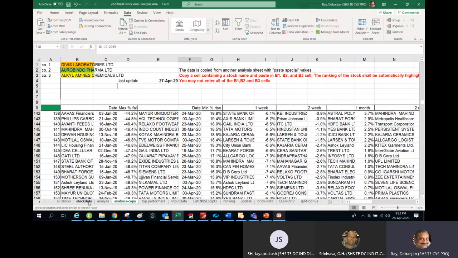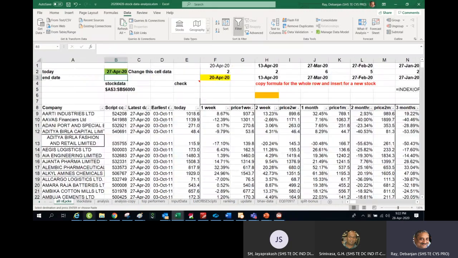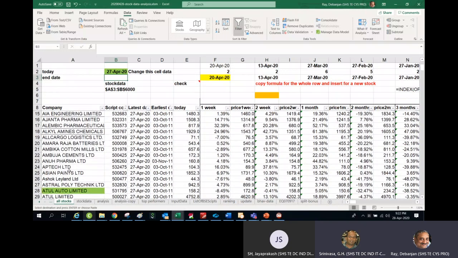Now let's go into a case where you want to add a new stock. Now tell me a new stock name. Do you have something in your mind? I would add this. Most of them, all of them are already there.